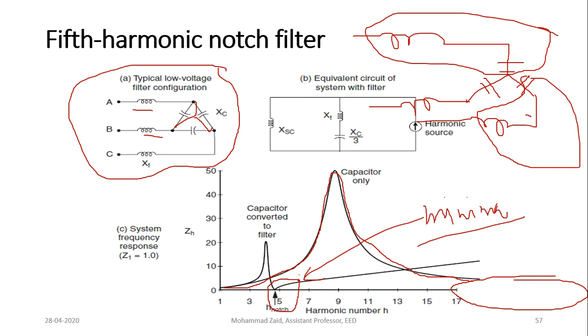Suppose you have to design a filter for very close to the seventh harmonic, then this type of characteristic is needed. Okay, so this filter may be for the fifth harmonic, this is for the seventh harmonic, and similarly you can have one for the ninth harmonic and so on. The characteristic should have a minima. If it is not having a minima, then you cannot eliminate that harmonic.